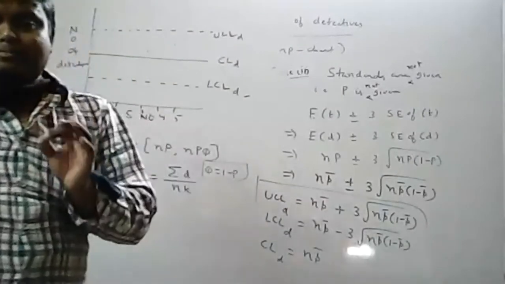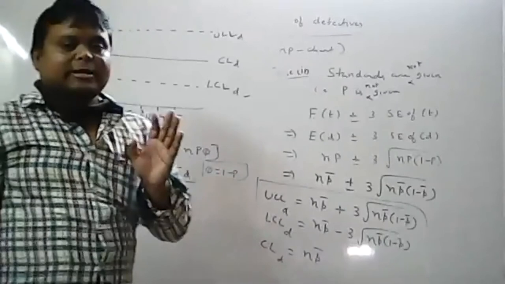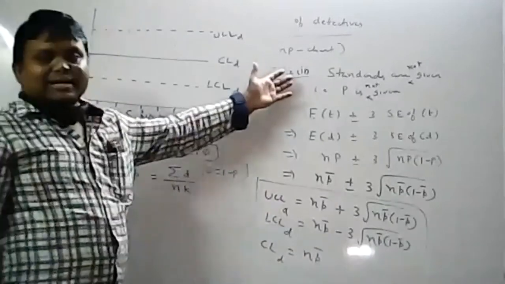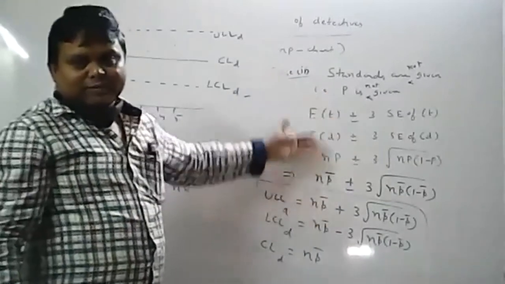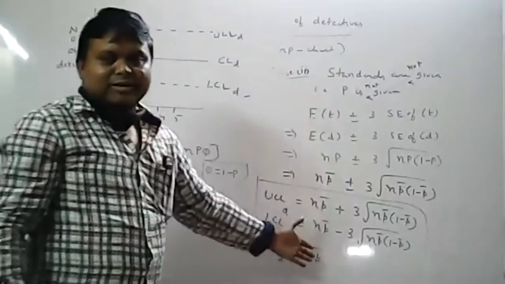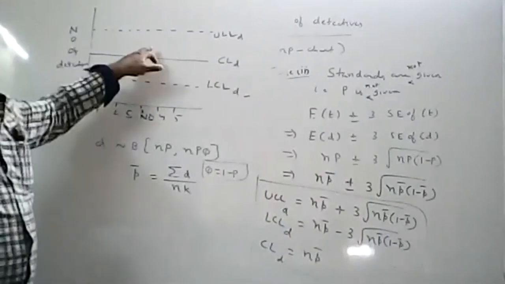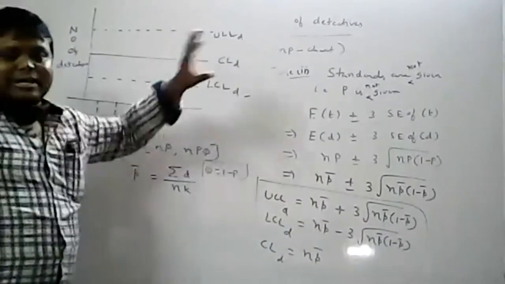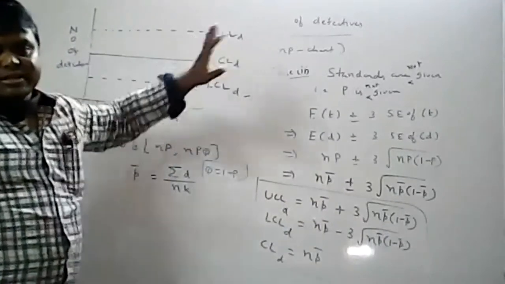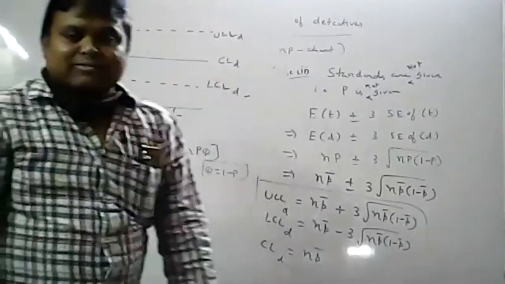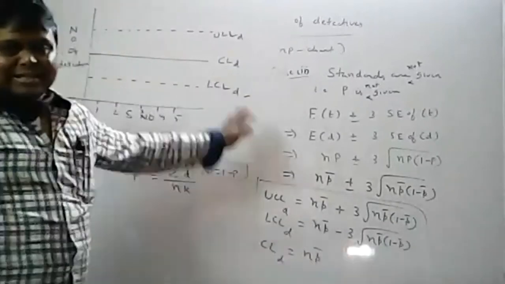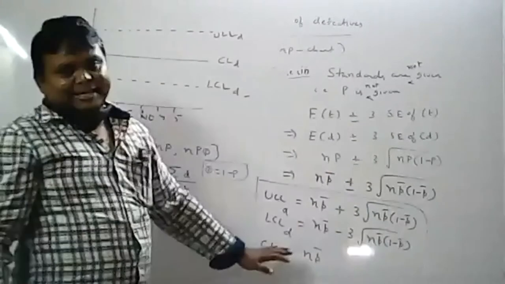So that means you don't require P values. Directly P bar can be calculated. After that, standards are given, you know the formulas, and standards are not given, these are the formulas you have to use. So after that, you can draw a control chart like this. After that, identify the points. If all the sample points fall within the control limits, then you will say the process is in control. Otherwise, the process is out of control.